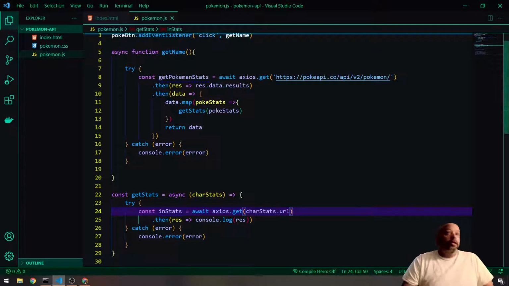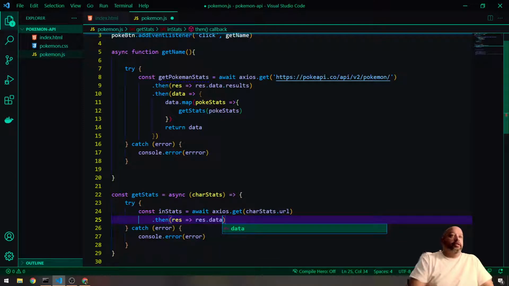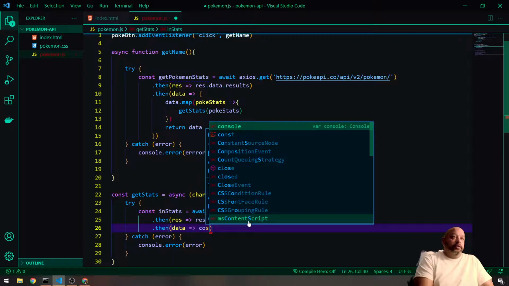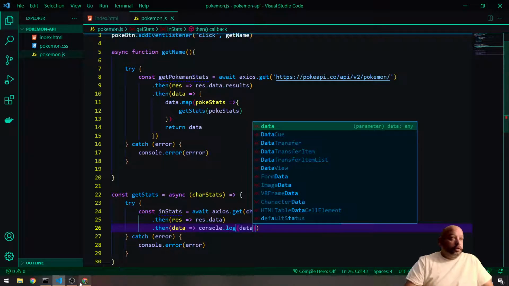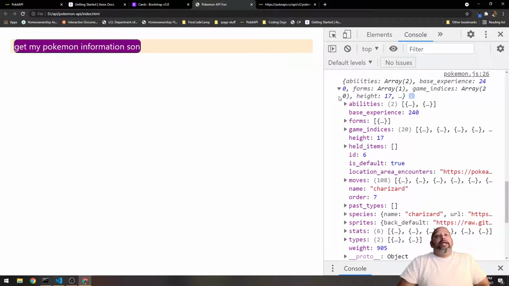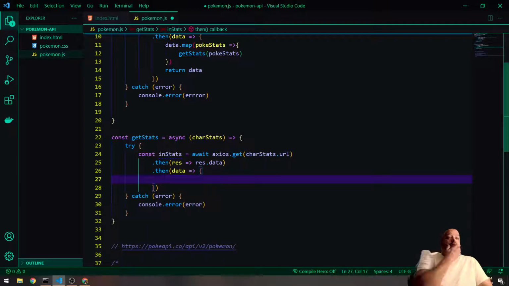So this one, do I have to put rest.data, not data, or whatever you guys call it? And then put another dot then, and we could put data and then the same thing, and then this console log data, and let's see what that gives us. So I do it every step of the way. So this is all I kind of need right here for certain things. So in here, this is where all the magic is gonna happen. So let's just do this and do that. Now that we have the magic,